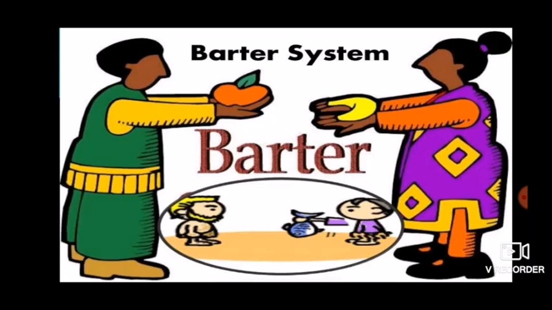The barter system also began to be used when there was a need to obtain raw materials, finished objects, other articles of daily use, etc. from other places, right? They were bringing things from other places, giving them to the people, and in return they were getting food grains. Okay,